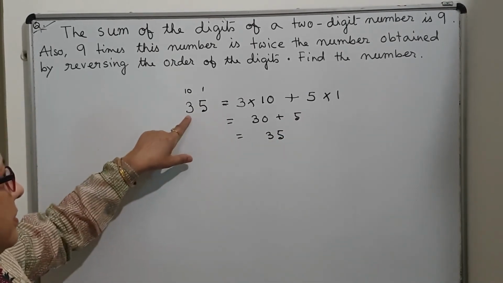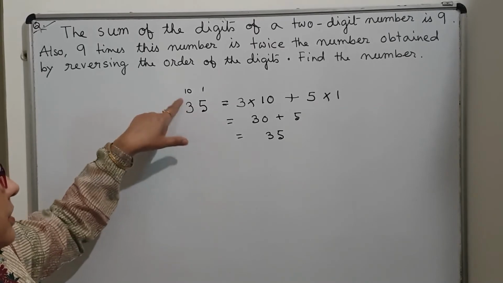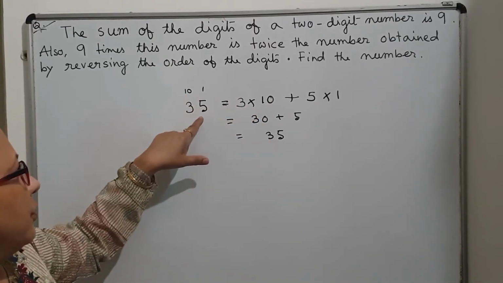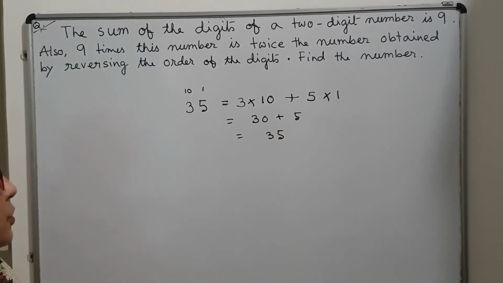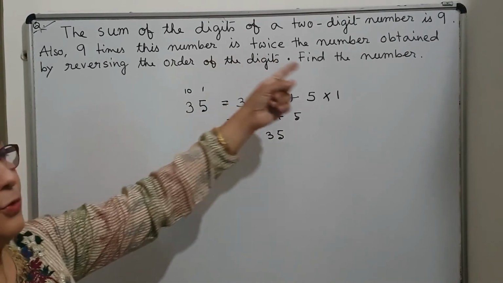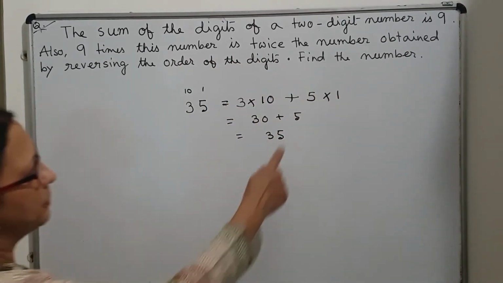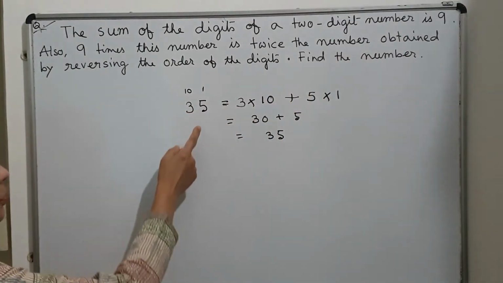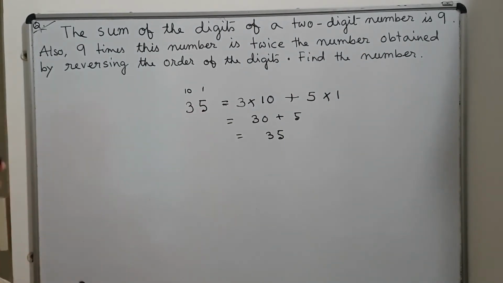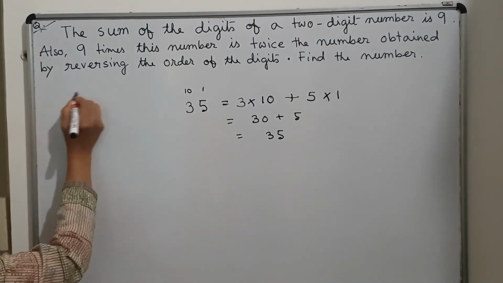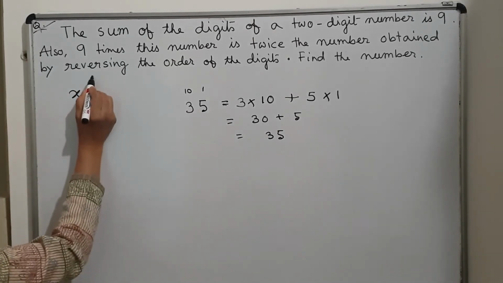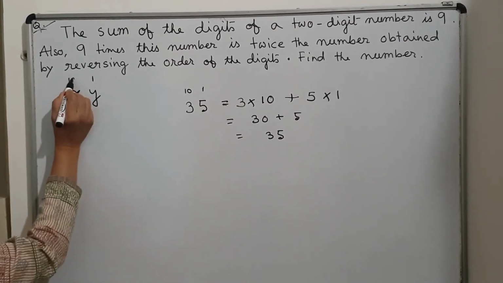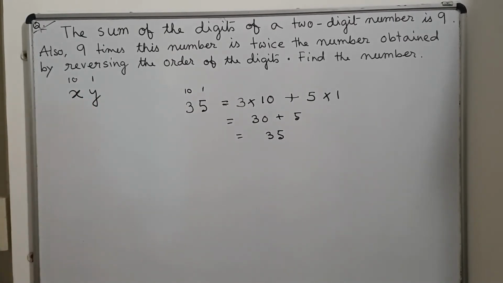We multiply the digit, the face value, with its place value, and then we go on adding the products of the face value and the place value. So this concept has to be used in this kind of question. So we have to find the number, a 2-digit number. We have to take the number in this way, because we don't know what the number is, xy. So if I take the unit place digit as y and the tens place digit as x, in this way I have to define. So defining the variable is really like this.